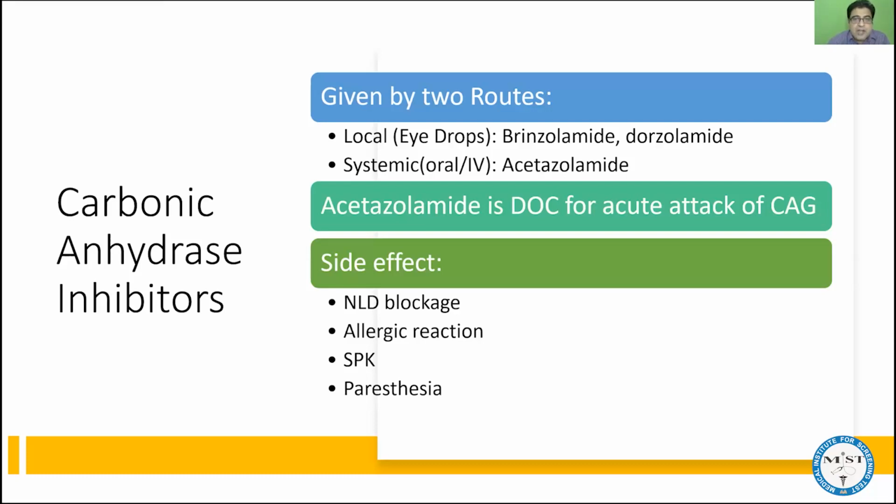If we talk about side effects of the eye drops, these medicines can cause nasolacrimal duct blockage and allergic reactions. Now, a very important side effect is that carbonic anhydrase inhibitors interfere with the integrity of the corneal cells, and that will lead to superficial punctate keratitis. So the corneal endothelium will not grow properly. There will be defective growth in the form of patches when we examine under the slit lamp. We call it superficial punctate keratitis. And these medicines can also lead to corneal edema. So corneal edema and superficial punctate keratitis are important side effects of dorzolamide eye drops. Now, these medicines can also cause paresthesias, that is abnormal sensation of the cornea.